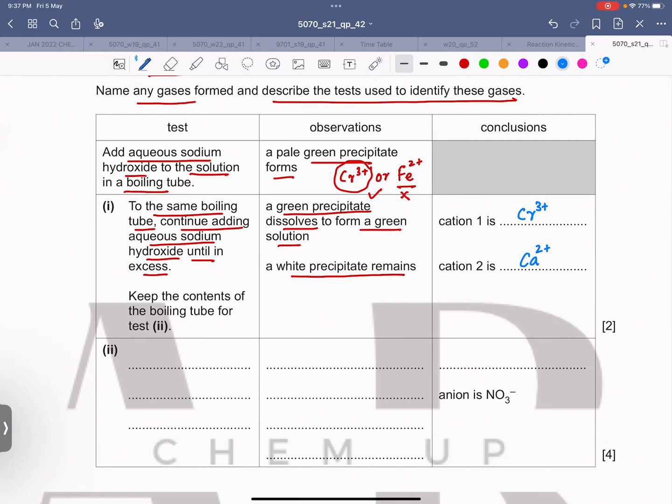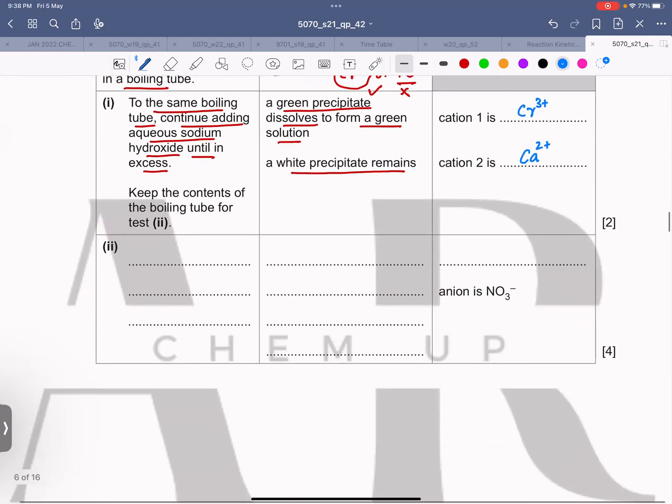Is this understandable to everyone? Yes. Okay. Now what they are saying, keep the contents of the boiling tube for test 2. And in test 2, the anion we are getting is a nitrate ion. So if you check the test for the nitrate ion, that test suggests that we have to add